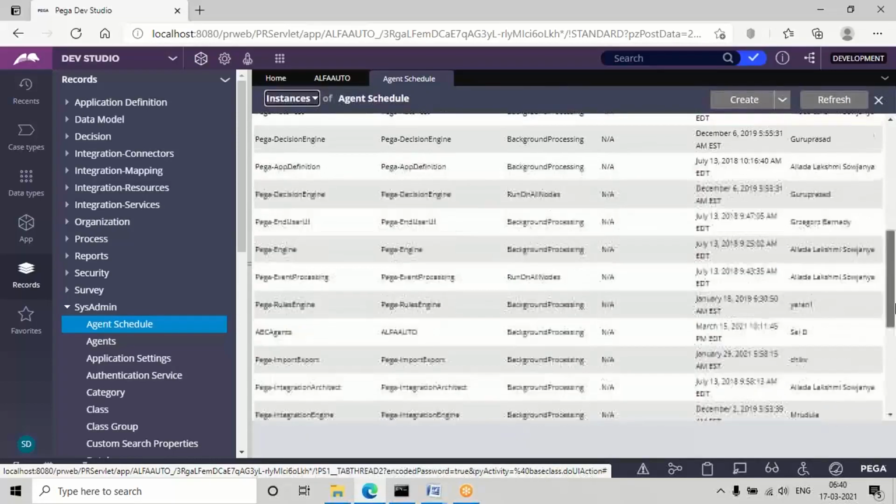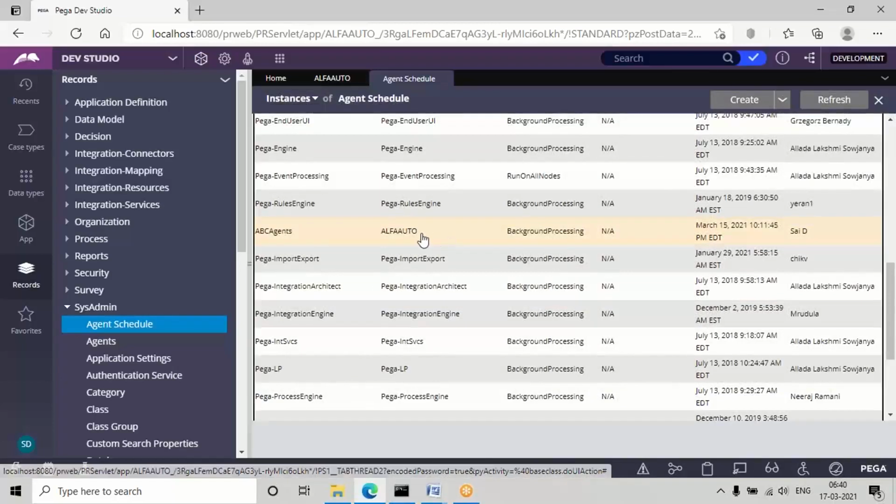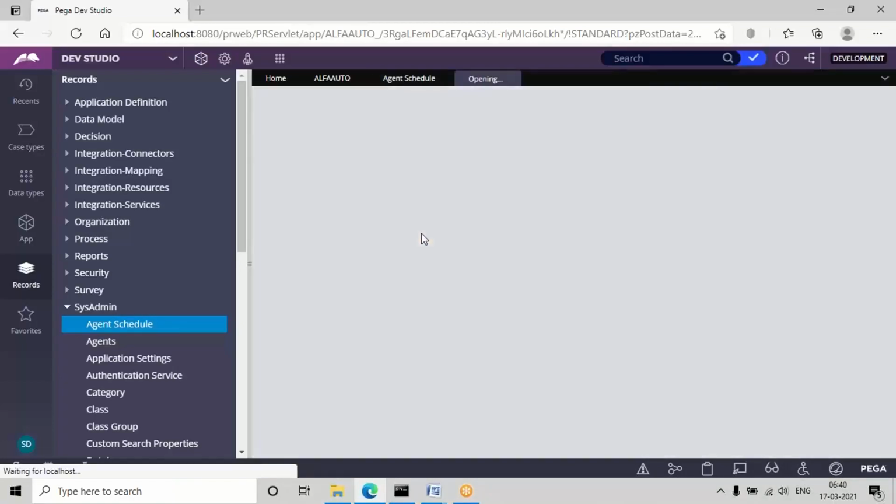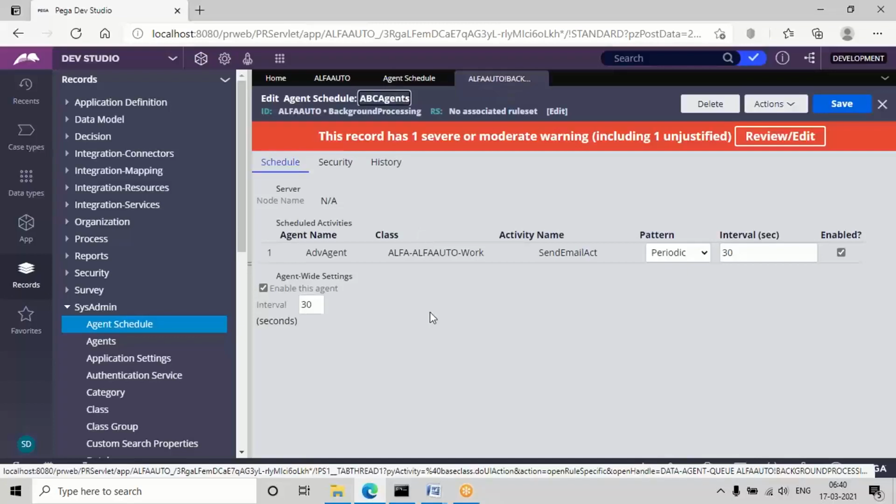Generally, in the case of standard agents, we need to configure something called queue items, which we have to add to the queue table. When we work on standard agents, we'll have something called a queue table in the rule base, pr underscore sys underscore queue. When processing standard agents, for every record you process, we need to assign it to the queue table. Only if a queue item is added to the queue table will the agent wake up and process the agent activity, that is, execute the agent activity.